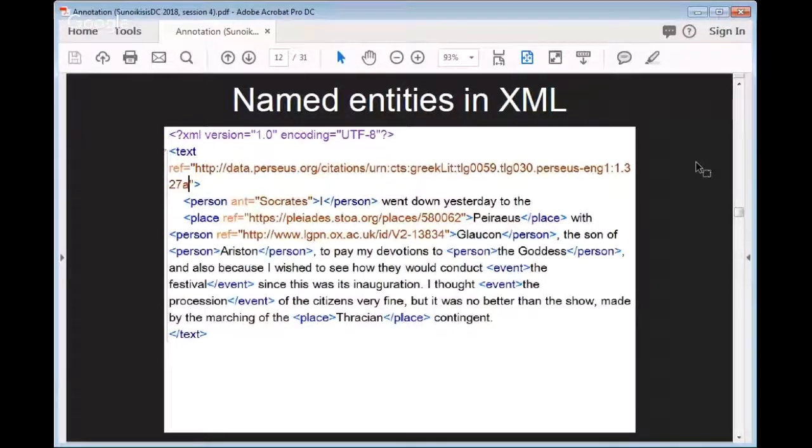We haven't developed that transporter technology yet connected to URIs. But just to give you the analogy, clicking on the link for the first section of the Republic and getting back the fragment of text is not a requirement for that to be a good identifier. Okay, because you don't get back the actual Piraeus when you click on the Pleiades link. You don't get the actual person Glaucon when you click on the LGPN link there.